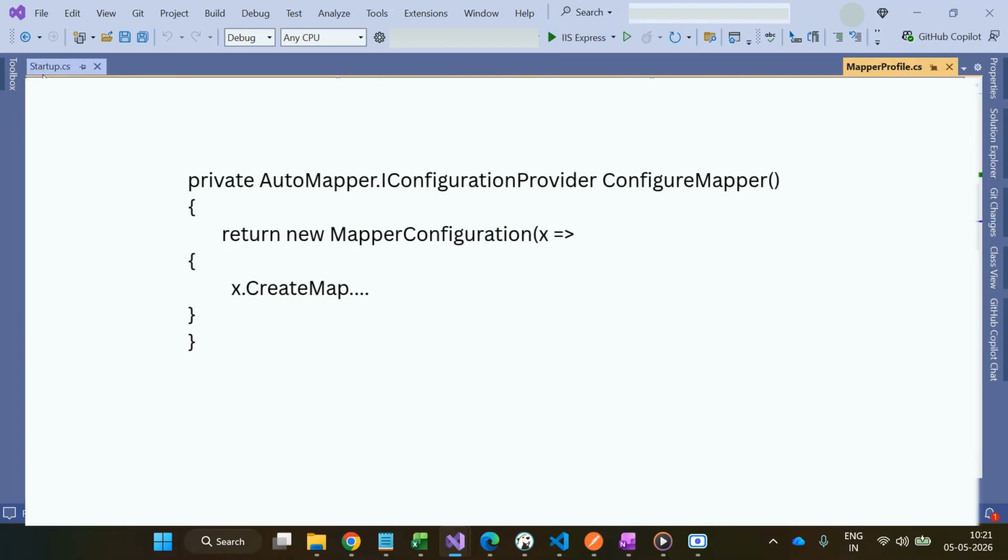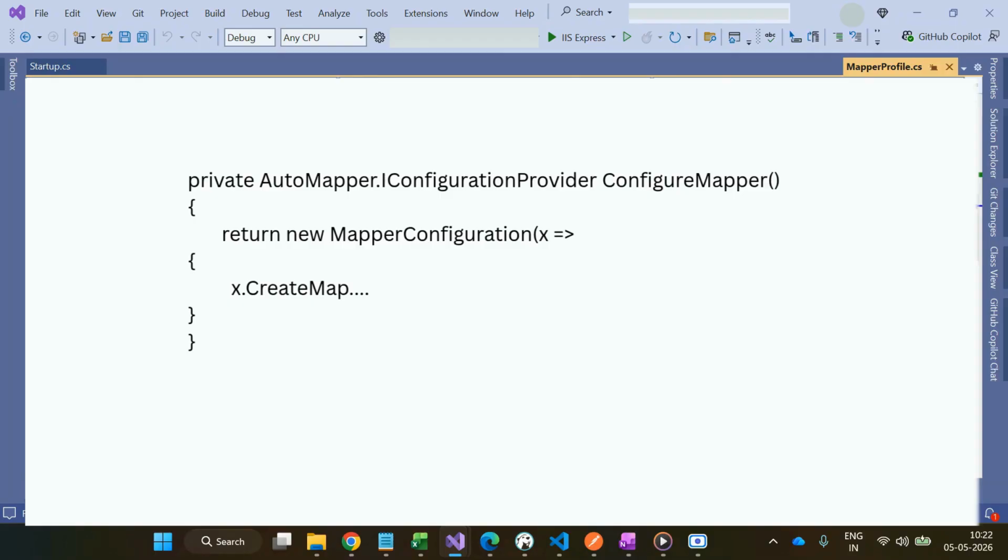Make sure you do these two changes, because after you install the 15 version, definitely two errors may occur. First, in the startup.cs file, just replace this line, and if you have some manual configuration inside the startup.cs file, then just click over here on the mapper profile and move everything from startup.cs inside the mapper profile function. This is the solution we need to apply